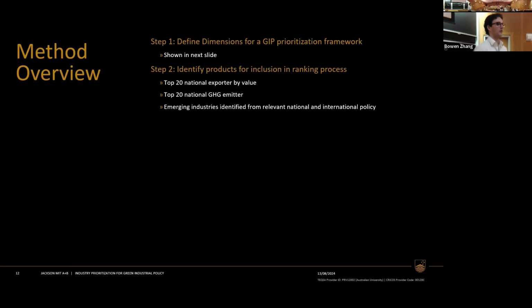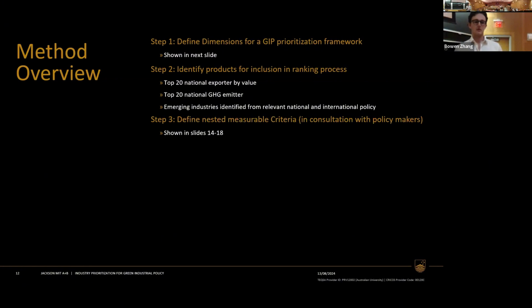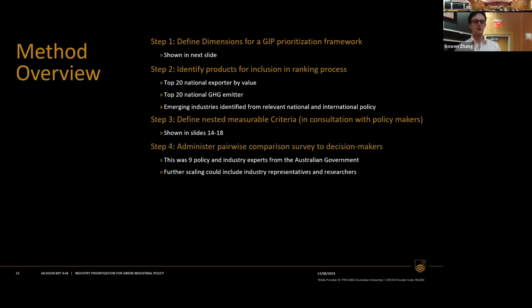It's quite a time-consuming process. We could have just done it for all industries in Australia. Then we defined what the nested criteria were underneath each of the dimensions in consultation with Australian policymakers. In making this decision, these criteria became a bit more specific to the piece of policy that we are prioritising for. We then administered pairwise comparison surveys to these decision makers